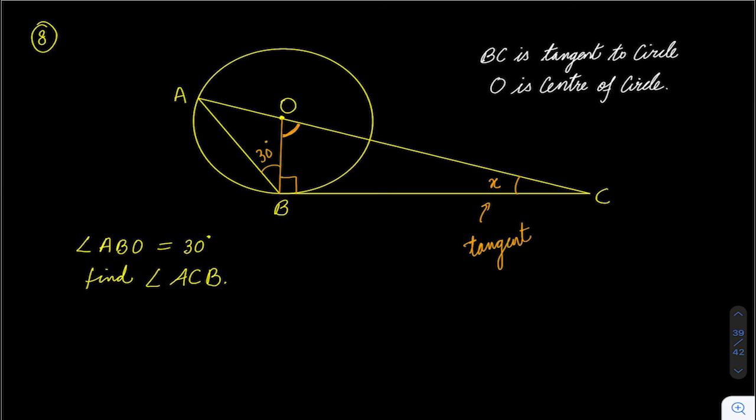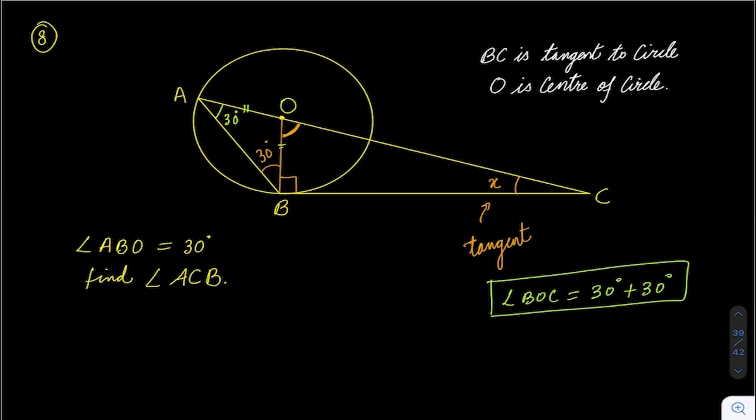So how can we find this angle? Again, now you can see this radius that students generally forget. OA is radius, OB is radius. So this angle is also 30 degrees. And we have just done this theorem, external angle of a triangle is equal to sum of two internal angles. You can use that directly also. So angle BOC will be equal to sum of two internal angles, that is 30 plus 30, that we have discussed in first or second question. So this is one method.